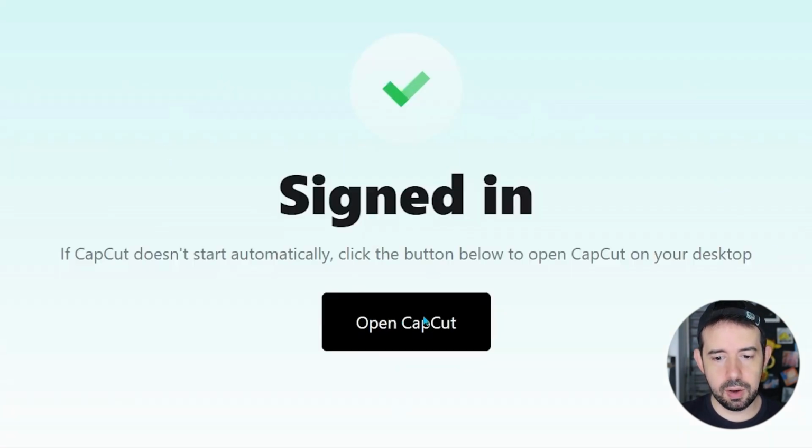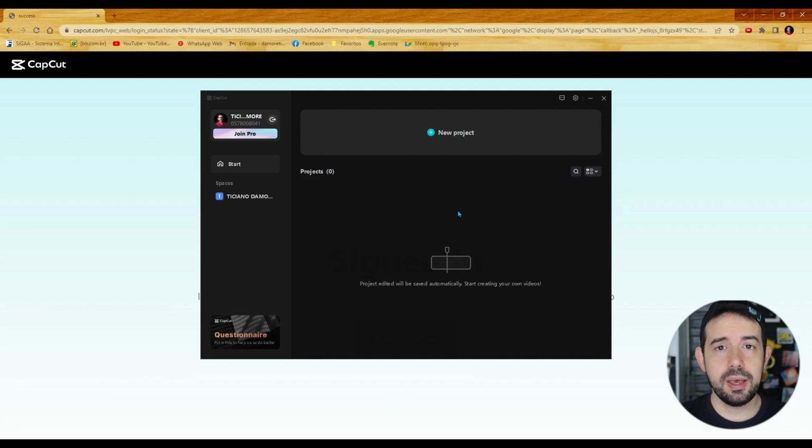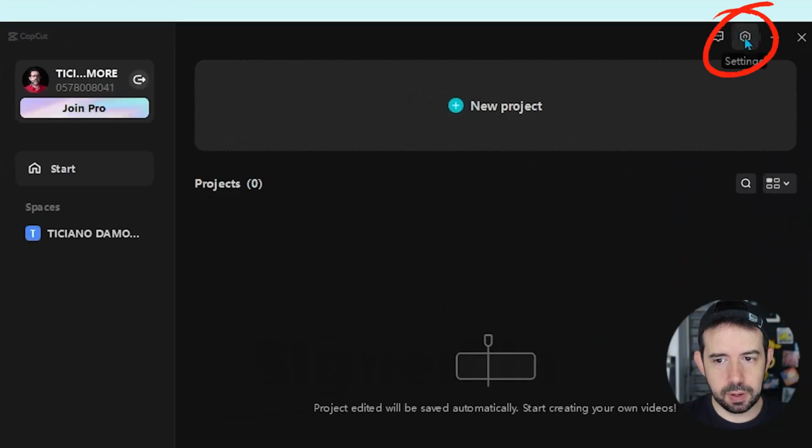Signing in. And another advantage about signing in is it remembers all your settings from other CapCuts from other computers that you have installed CapCut. And after we finish this tutorial, let me show you some important setup settings. You click here, okay, settings,